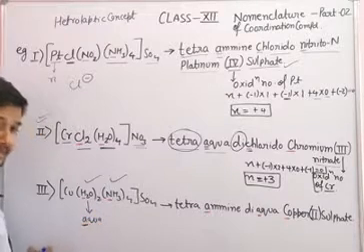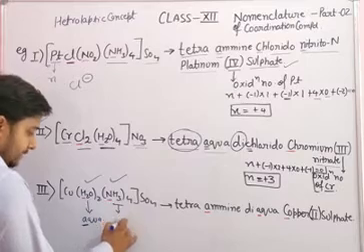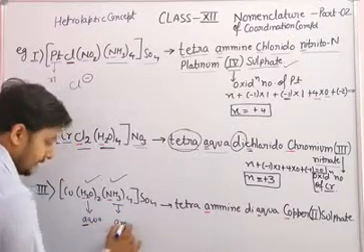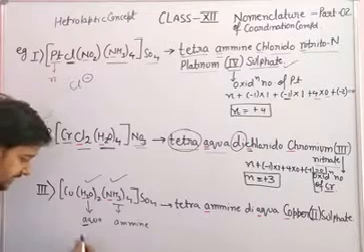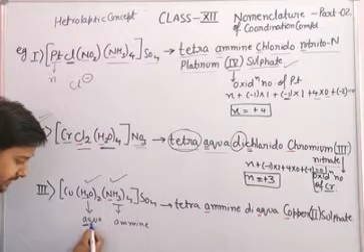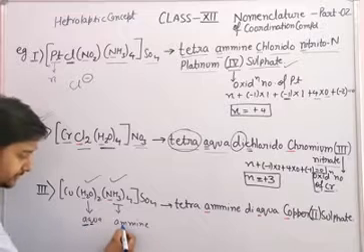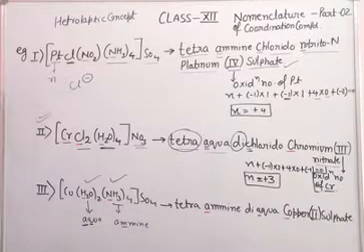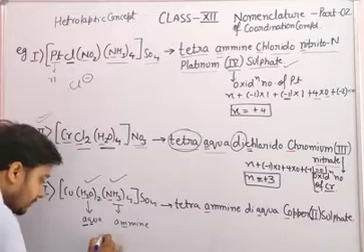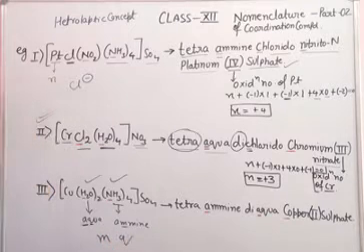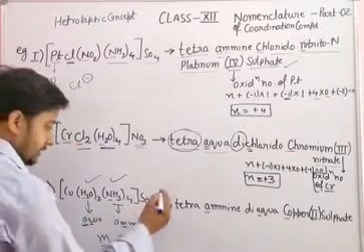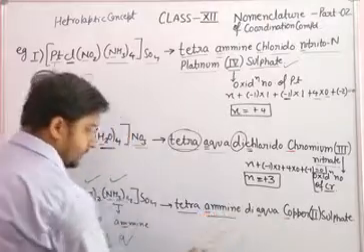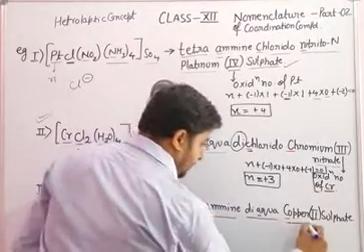The first letter will be A. In the case of amine, the first letter will be A. So in this case we will follow the next letter. After A this is Q, and after A this is M. So which will come before, M or Q? M will come before, so that's why we are using here tetraamine diaqua copper.